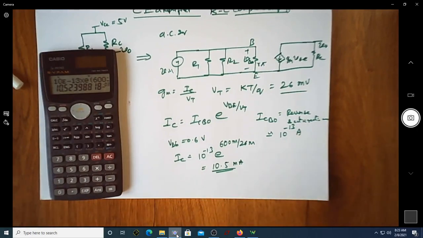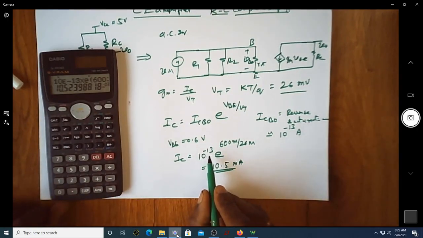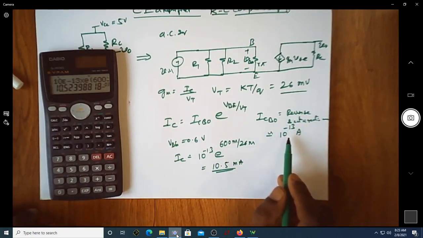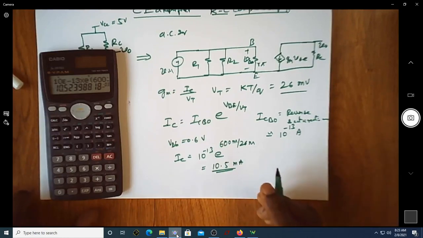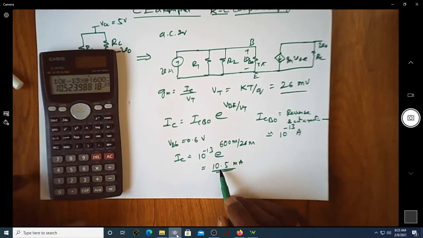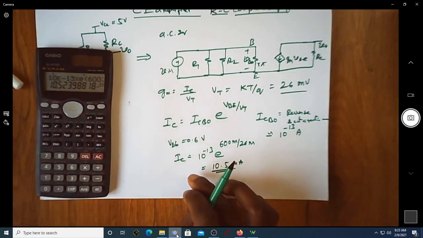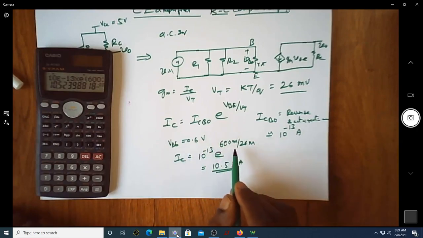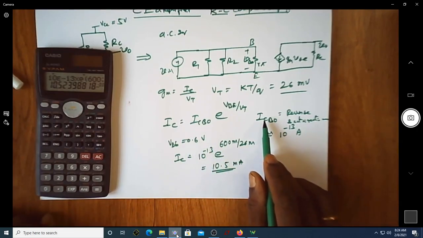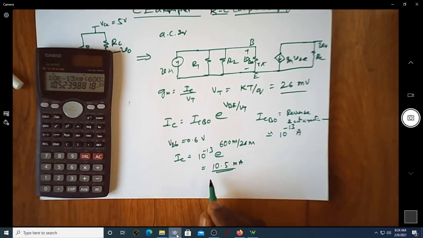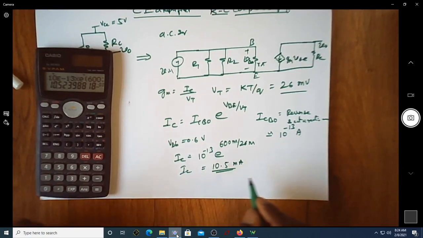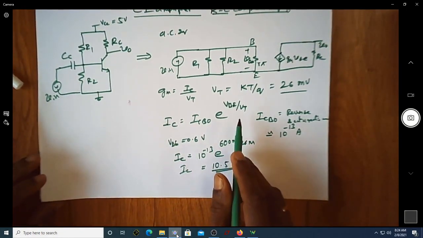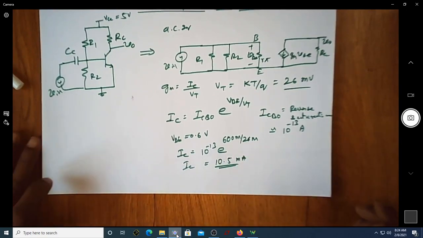Let us keep this in mind. These are all pure assumptions. The reverse saturation current is 10 power minus 13. It can be 10 power minus 14 also. In such a case, this will become 1.05 milliampere. This will certainly give you a hint of what the probable value of IC is if VBE is equal to 600 millivolt with the assumption of ICBO equal to 10 power minus 13. So let us try to fix this value of VB at around 600 millivolt.